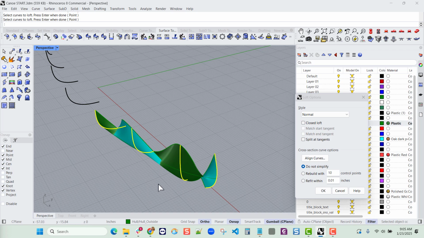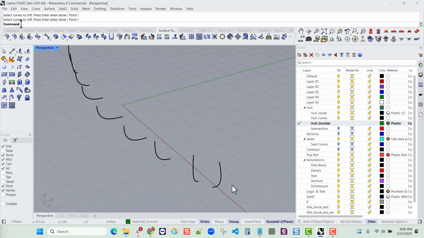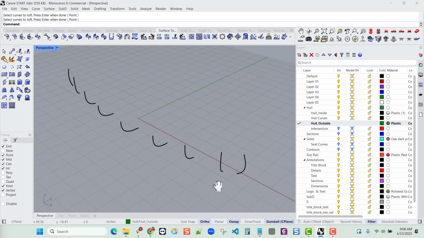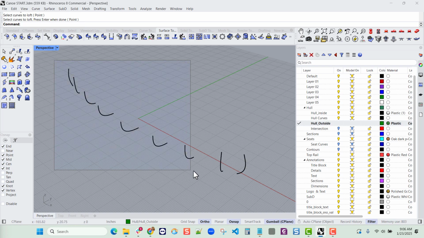So we get that bow tie effect as the beginning of the curve is being switched here, and the surface actually ends up twisting to go through that curve in the proper direction. So of course that isn't what we want, so I'll pick cancel. When you do your loft command, it's recommended that you either do a window to select everything in the command,